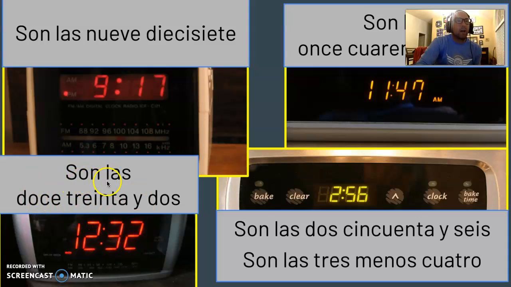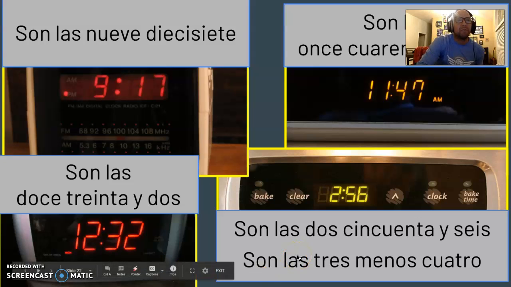12:32. Son las 12, 32. Now, the formal way of telling time is if it's after 30, you say,